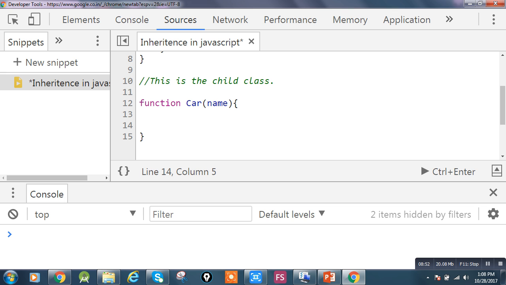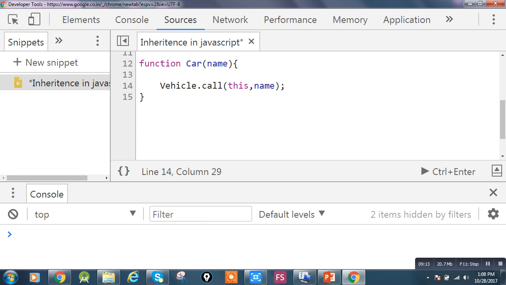So I just write here Vehicle dot call, and then I have to pass this keyword, and then the name of the car. So that's it. Vehicle class has been inherited into car class.